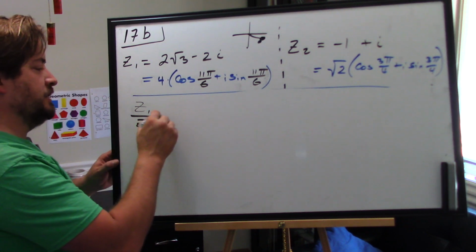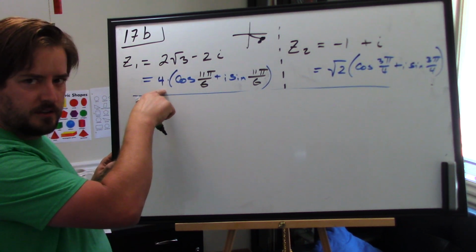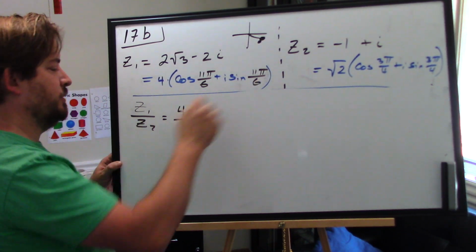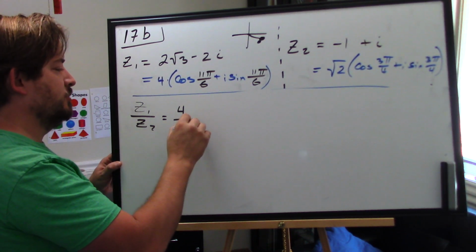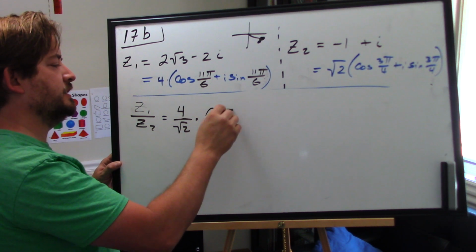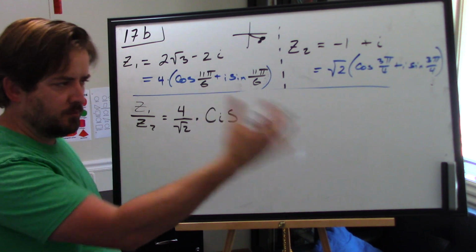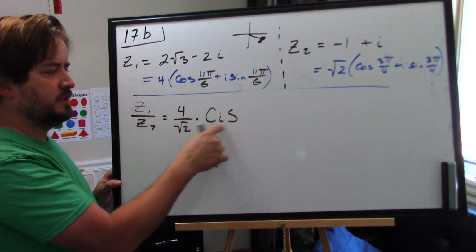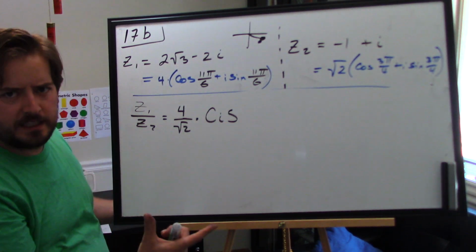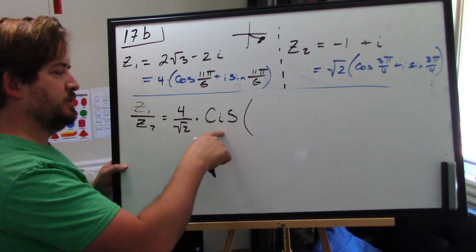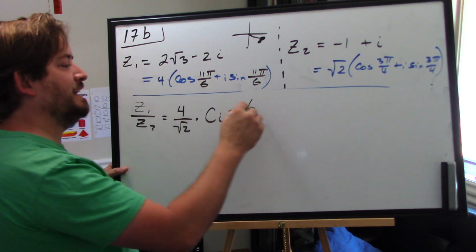Because Z1 over Z2 is the modulus, the radius of Z1 divided by the radius of Z2 multiplied by, and again I'm just going to shorthand this because I get sick of writing cosine of blah plus the i sine of the same blah. So this CIS, you'll see it every once in a while. It's laziness. I'm being lazy. That's okay. Is the cosine and i sine of 11 pi 6 now